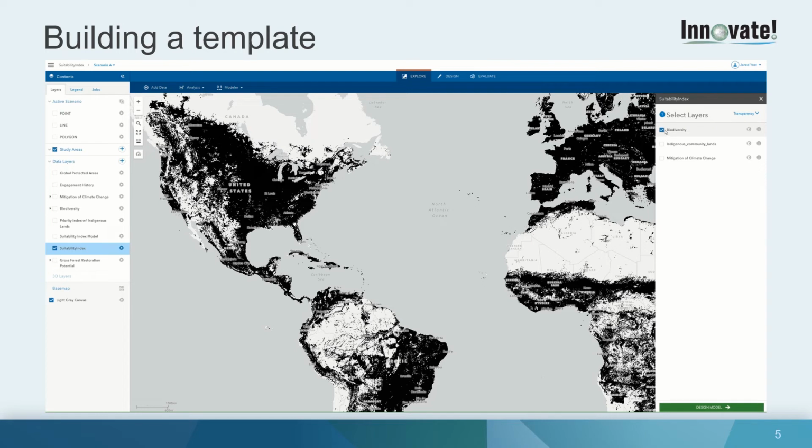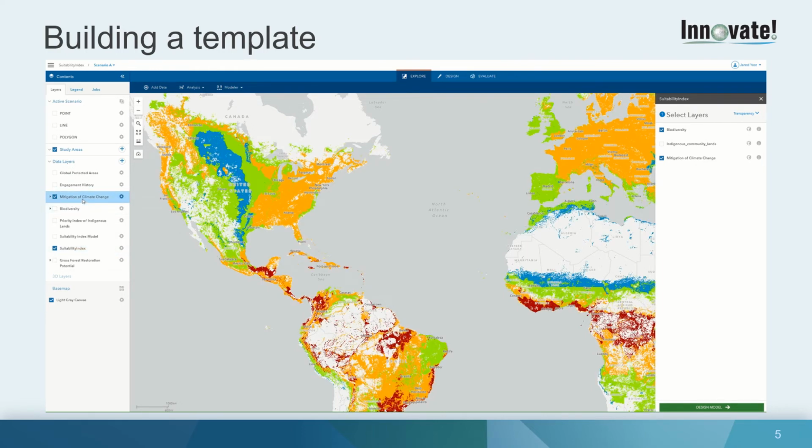In this set, we're going to include biodiversity, mitigation of climate change. Back up just a second here. Show you kind of what that looks like. So mitigation of climate change. Let's see, bring up the legend here as well. So these areas that are in blue are not the most important according to the data that I was using for protecting for mitigation of climate change. Those places in red are the highest value or the most important areas to focus on for mitigating climate